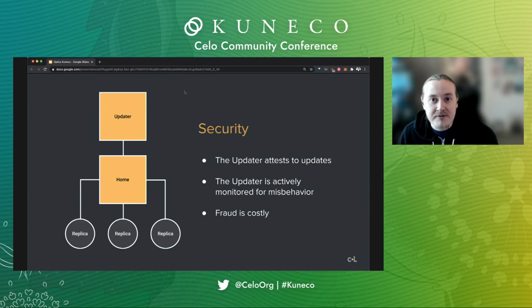The other defense against fraud is that each replica has a time delay. It accepts the commitment only after a certain number of hours. And that gives everybody who is using that replica a chance to detect fraud, which will always be public, and to respond before the fraud can affect them in any way. So assuming that people are generally online and available, the updater will not commit fraud because there will be a guarantee of loss and an extremely uncertain gain.